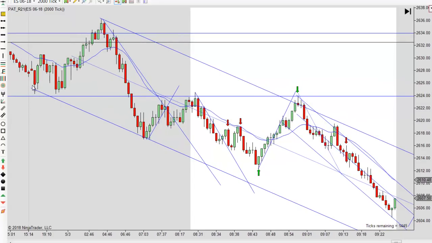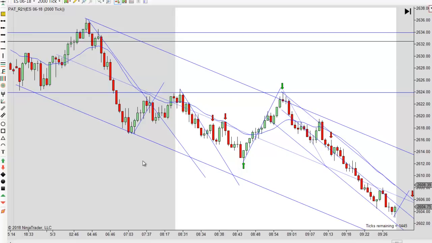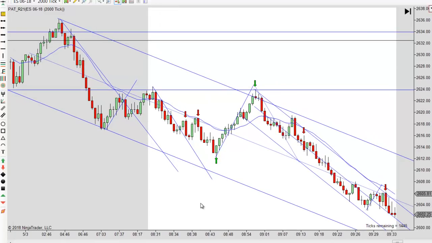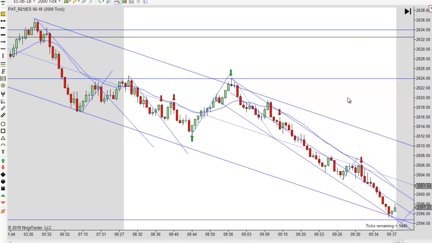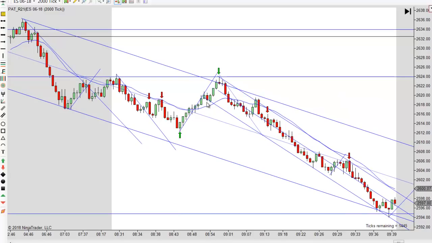Sometimes you'll have to adjust it because you don't know if it's off the closes or off the lows, so you might get your angle off just a little bit. But once you turn down, just kind of adjust it and see how it fits best on both sides, and then generally you'll be in the right vicinity. And in that case, if you got it right on both sides, pretty close is usually good enough. So we get a second entry short here, right where you're kind of expecting, but more than anything, you got this resistance up here, and that's basically a double test. So I like that one.